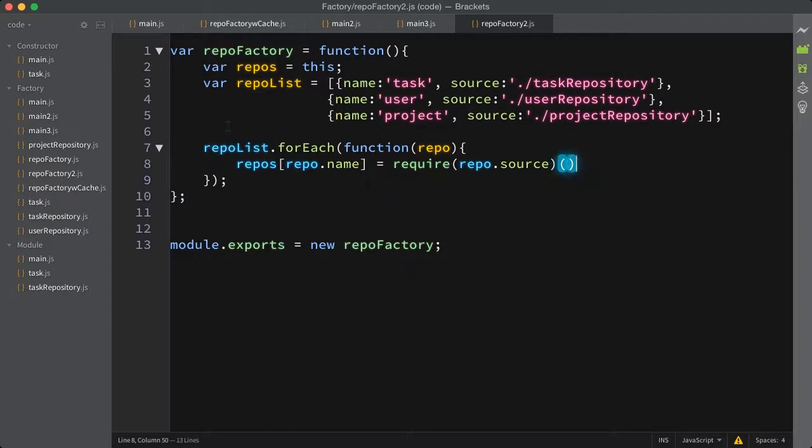I could look at a specific directory. I could just go out, hey, let's go out to my /repo directory and load all of the files that are in that repository directory and drop everything before repository. So now I've got task repository, the name is task, the source is /task repository. Then I just do a simple repo list.forEach and